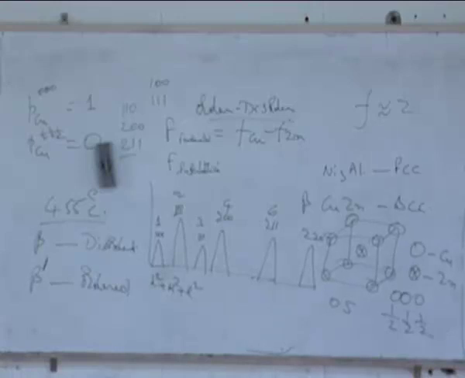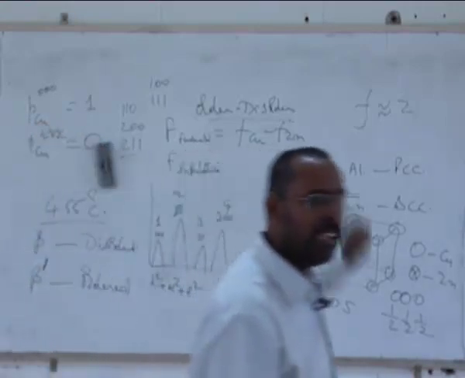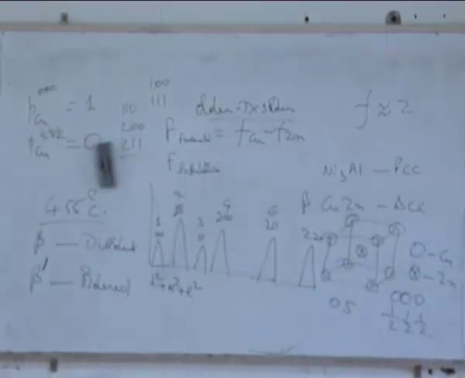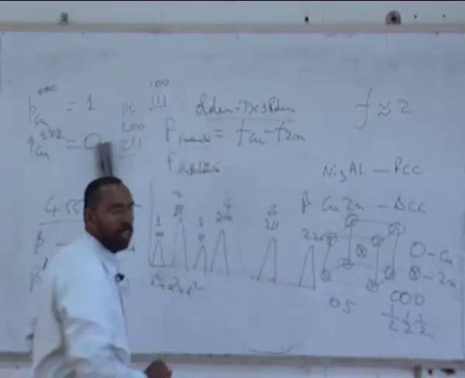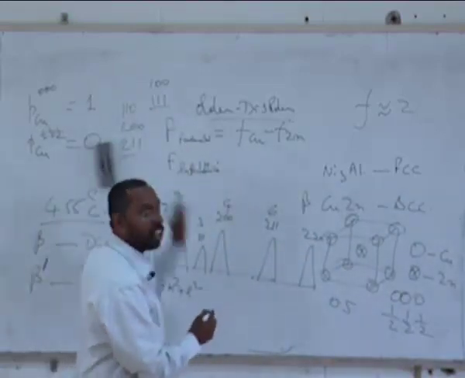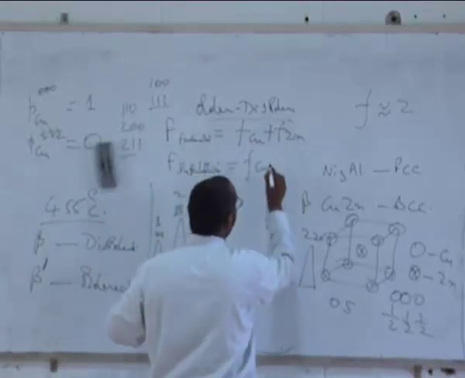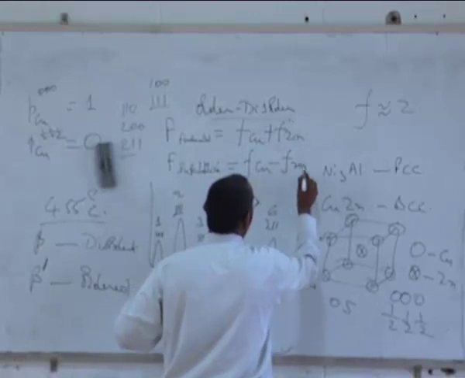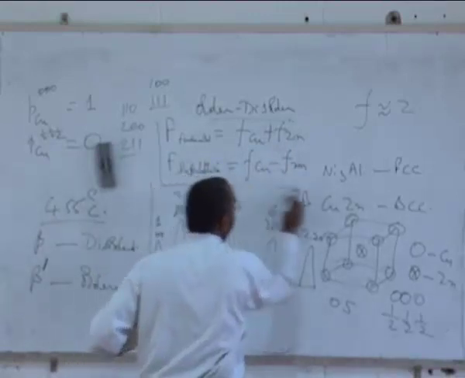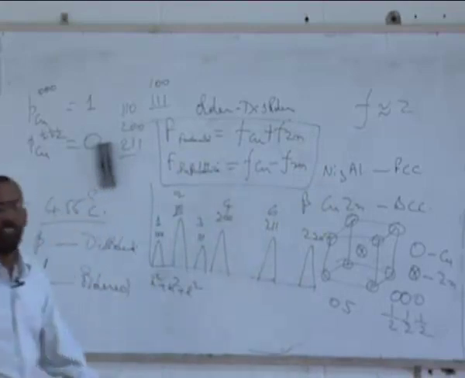Why? Because if you add all of them, what is the condition for BCC? The summation should be even. The summation for 100 is not even. The summation for 111 is not even. But I still get them. And that comes only if it is ordered. Otherwise you will not get that. And this particular summation, these particular peaks, if I look at their structure factor is f of copper. This is for fundamental, it is plus. For the superlattice, it is minus.